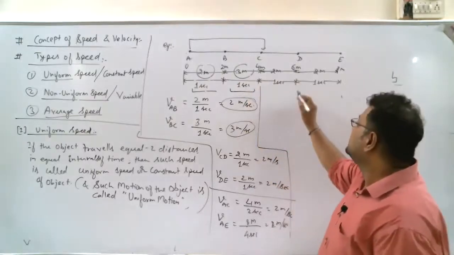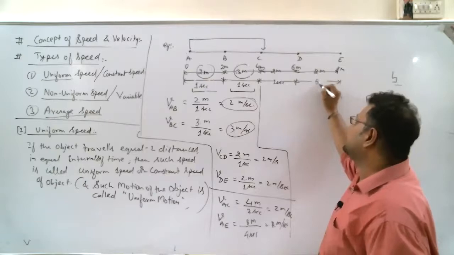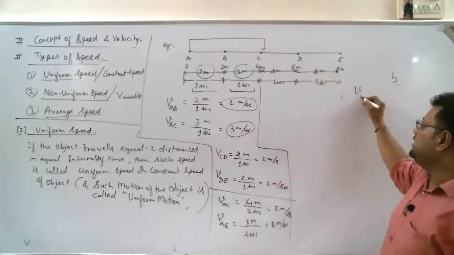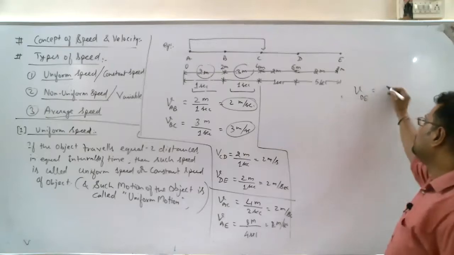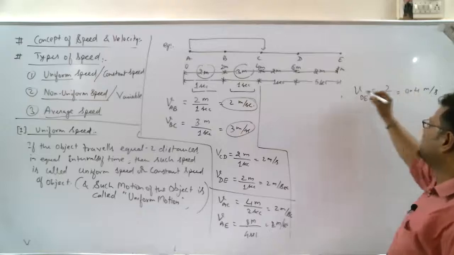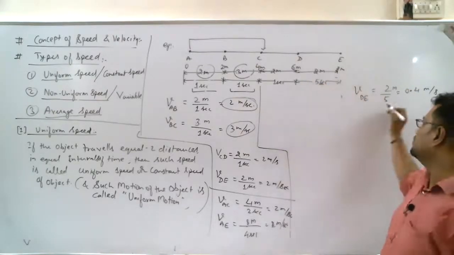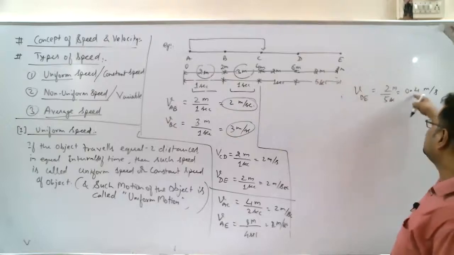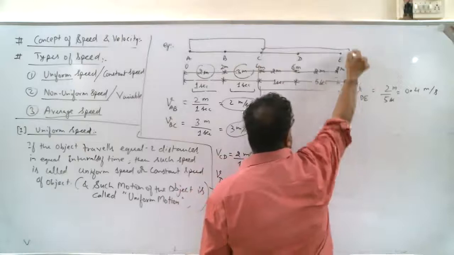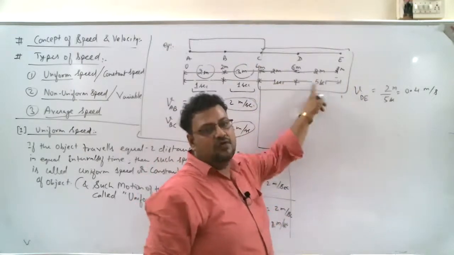Or let's suppose for 2 meter it is taking 5 seconds. So V for D to E will become 2 upon 5, 0.4 meter per second. D to E, how much distance was traveled? 2 meter. How much time did it take? 5 seconds. So what's the answer? 0.4 meter per second. If we observe from C to E, the object has traveled equal distances, but in